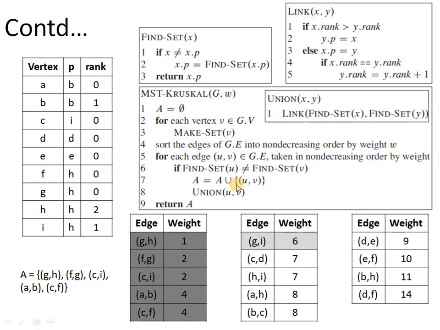Next we will consider the edge GI. Again G belongs to a set with representative H, and I also belongs to a set with representative H. So line number 6 will fetch false, so we have to discard this edge. Next we have CD. So C and D both belong to different sets. The moment we call the find set function for the vertex C, it will call the function find set again, and the return value of this function will be used to update the representative corresponding to vertex C. So it will update the representative of C to H now, plus it will combine the set of D with the set of H as well.